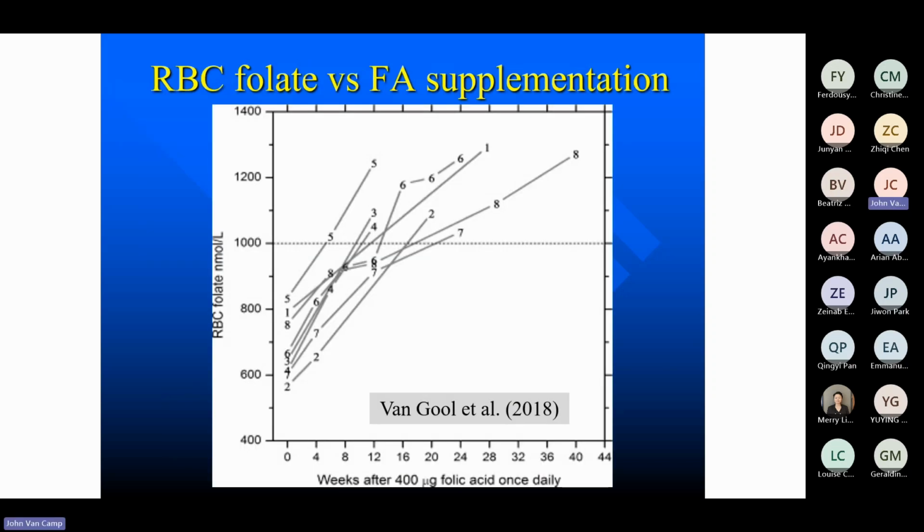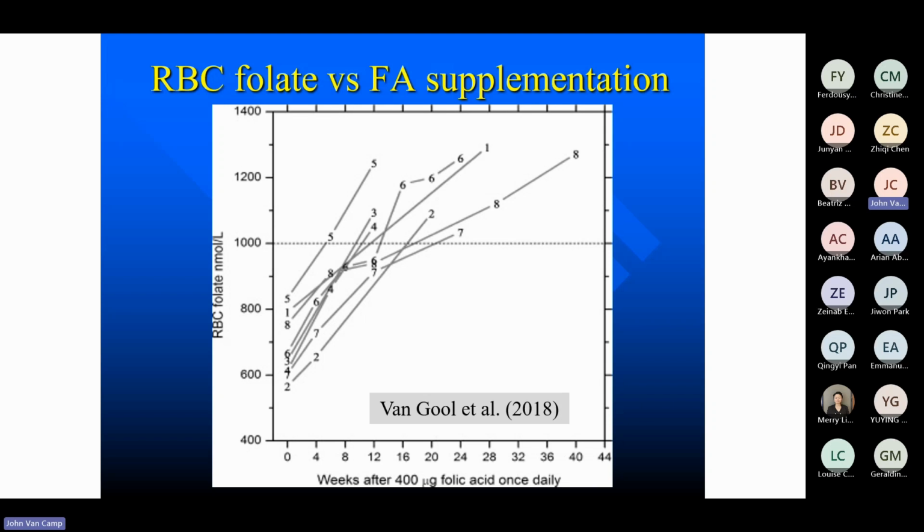If you are interested in the topic, you can go to EUFORA. There's an article there from Van Gool, published in 2018, that gives you more or less the situation of folate in Europe, the problems it faces, and also the way they treated it. And I think this curve from that article is quite important. On the x-axis, you can see the number of weeks